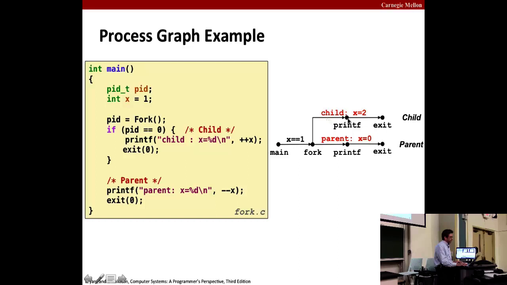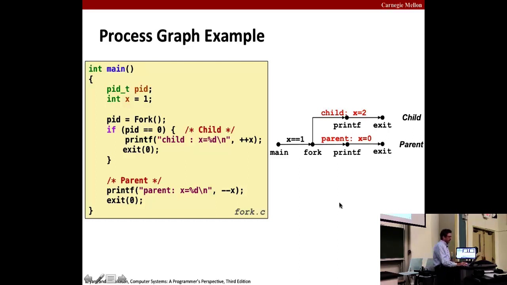The child prints, and both the parent and the child print the value of x after incrementing or decrementing, and then they both exit. So these happen concurrently, which means they can be interleaved in any way. The topological sort of this graph will tell us what the feasible interleavings are.